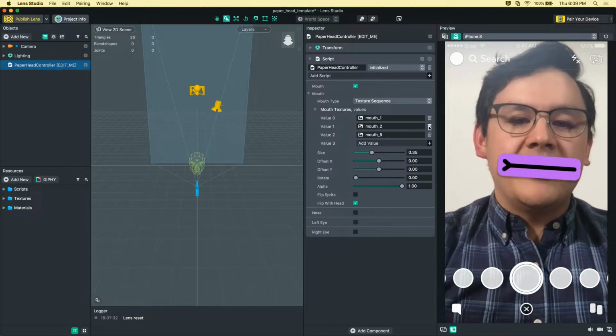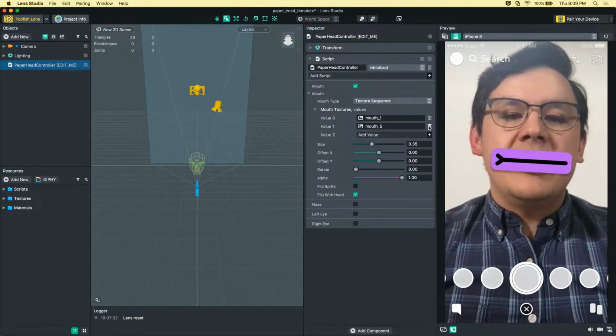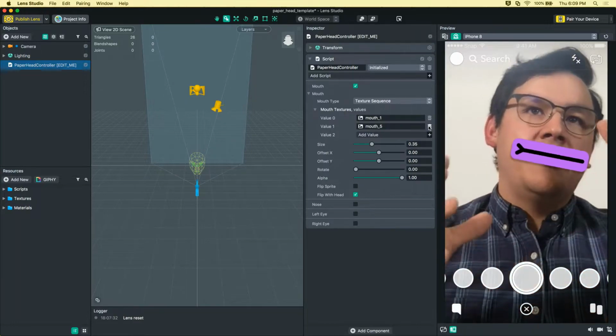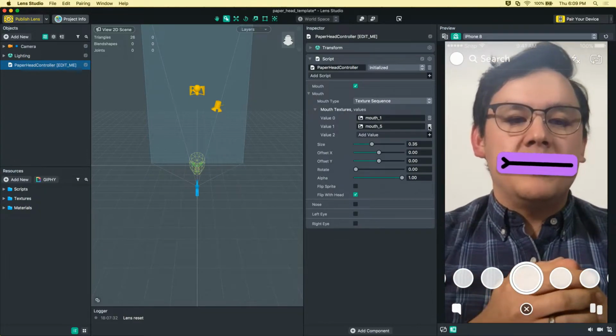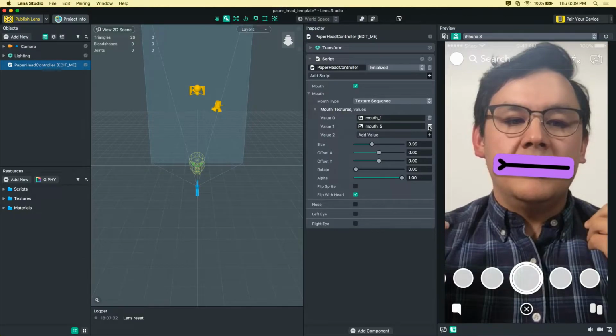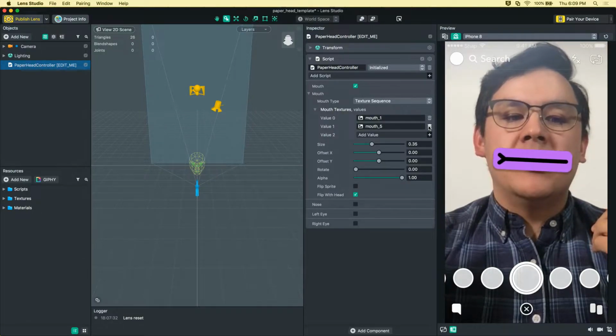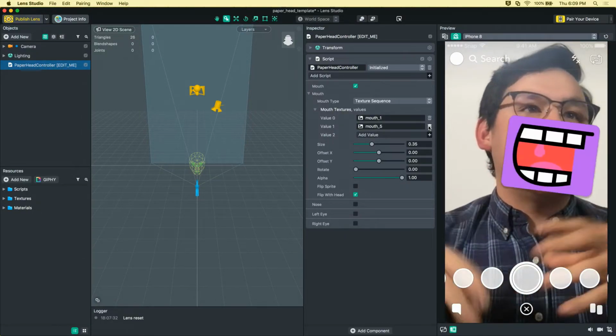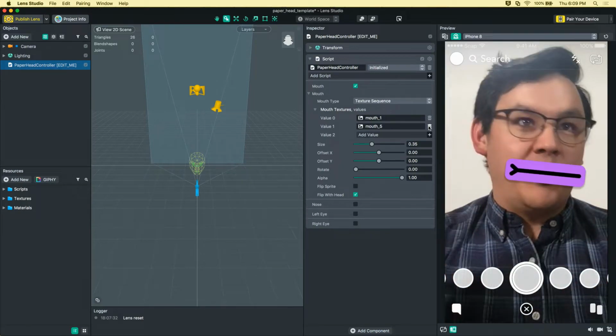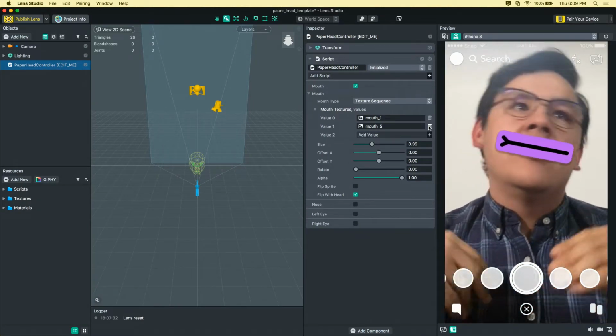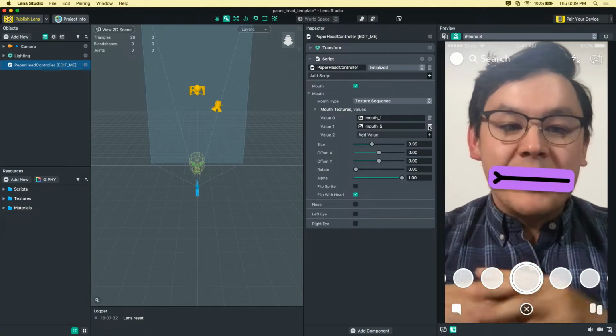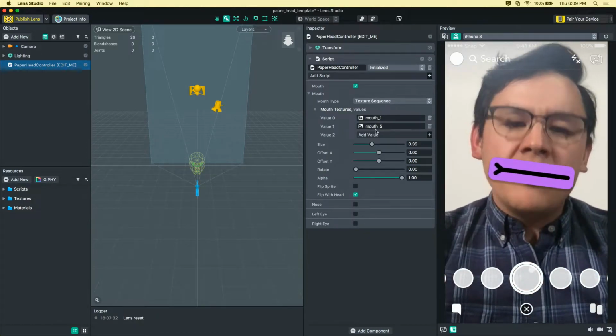So I can actually just delete the textures within, so the 2, 3, 4, and now I'm just moving between closed and open, closed and open. So you can actually get a great effect just with 2 textures, one of a mouth closed, one of a mouth open. You also have settings for each of the,